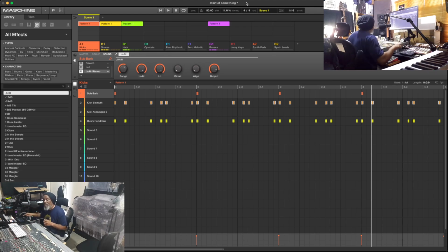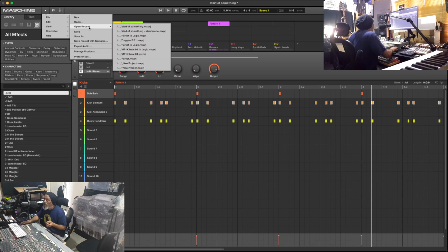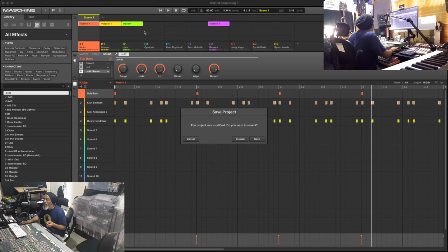But because the Maschine is a computer program, you can insert things into it. And what I discovered, just by messing about basically, was this. If I open up this, you'll see I've got start of something standalone.